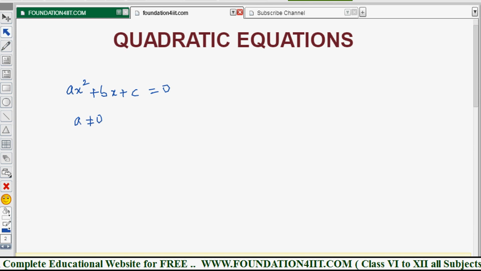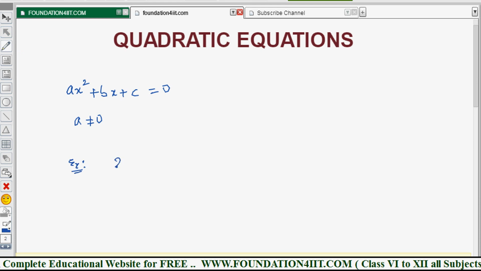For example, if a is 0, then x square into 0 is just completely 0. Only we have bx plus c. Now this is a linear equation. So a quadratic equation means the highest power should be 2. Right? So if you see examples,